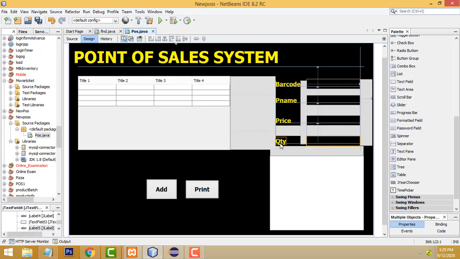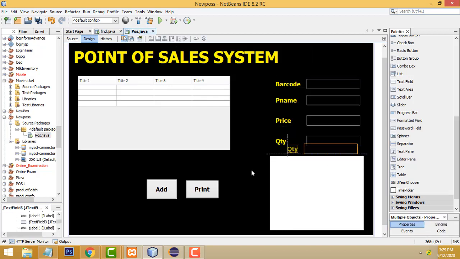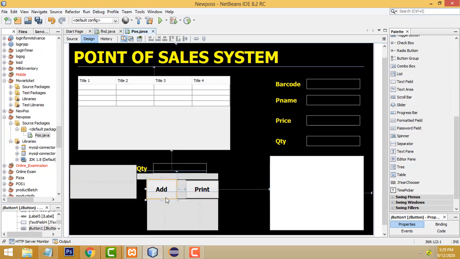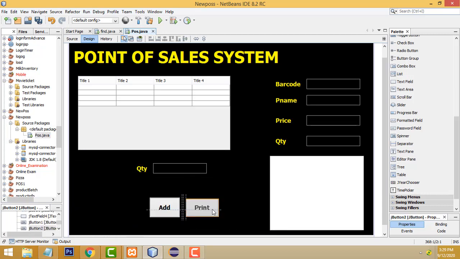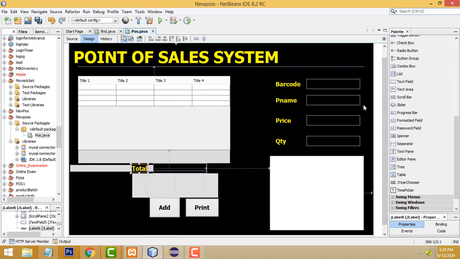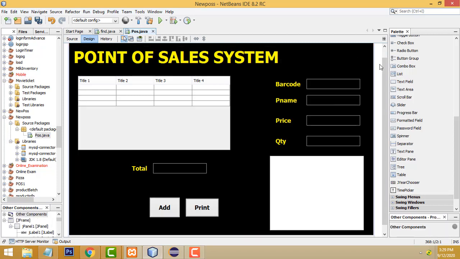So the same thing, Control C to copy, Control V to paste, get another copy. You have to put it here, the total. Total should be a must. This one should be the total. We have to make it total. Right. Now we have to make all the stuff right. Now this looks nice, point of sale system. Now let's run and check.